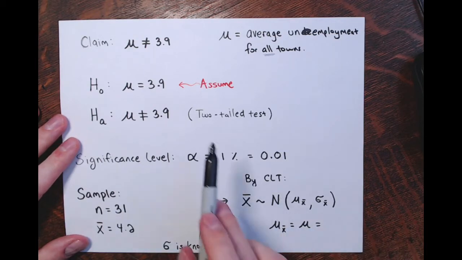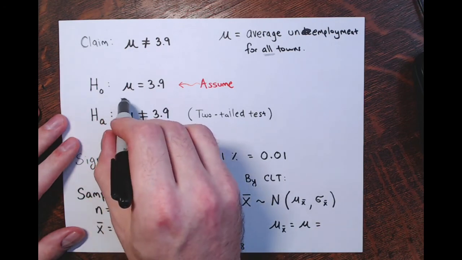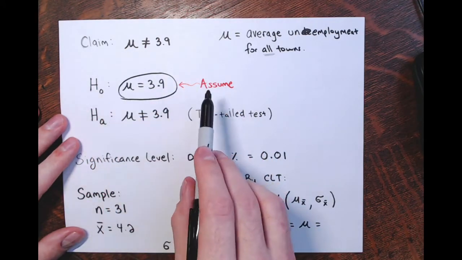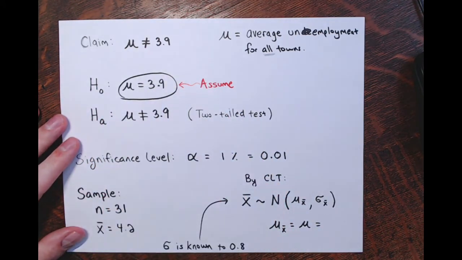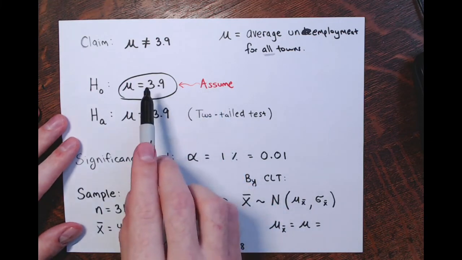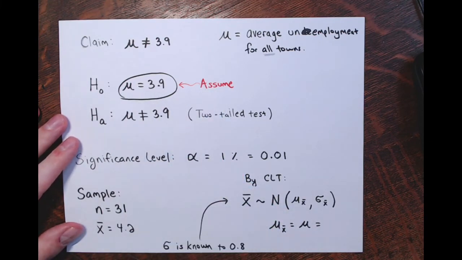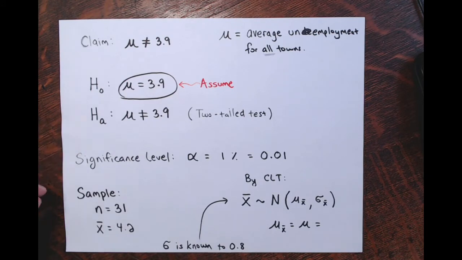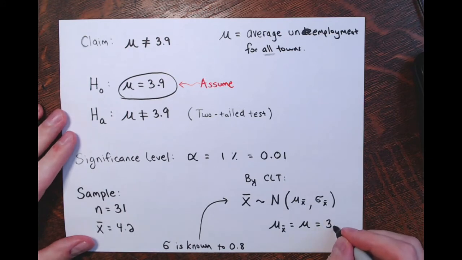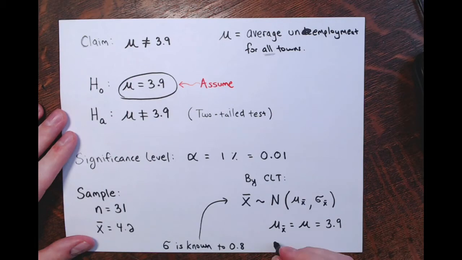But what is that? Well, we're assuming that the mean of the population is 3.9%, right? We are assuming that the null hypothesis is true, and then going through and deciding whether or not we want to keep that. Do we not reject it or reject it? So the mean of this distribution of x bars is 3.9,